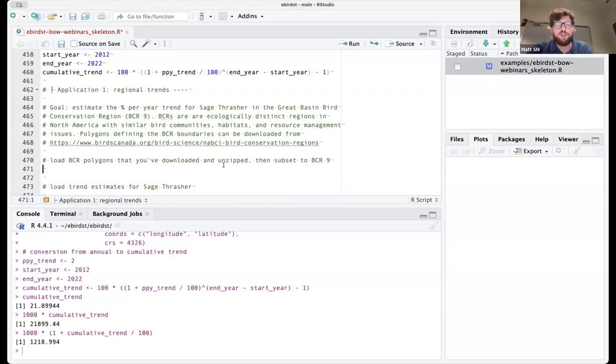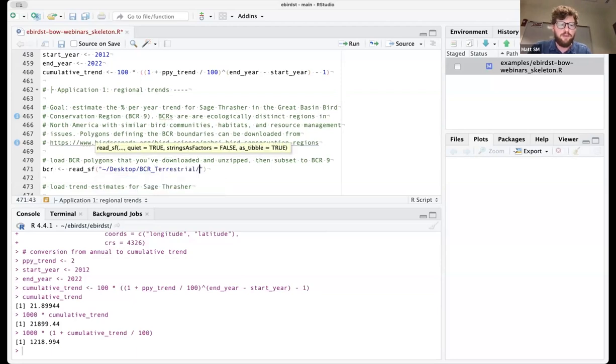This is basically designed to show you how, instead of getting a state using an R package, you could just load a shapefile from your computer. So let's say BCR equals, you use the function read_sf to read a shapefile off your computer. I downloaded those BCR polygons already, but you could download them yourself from that link that I posted in the chat.